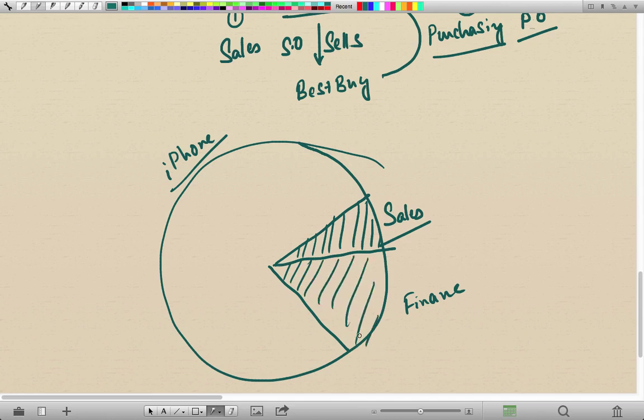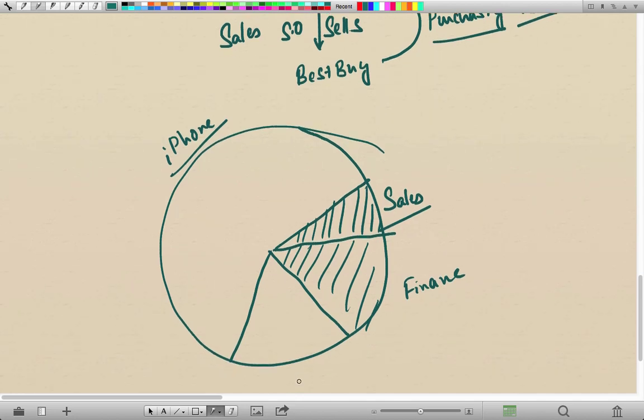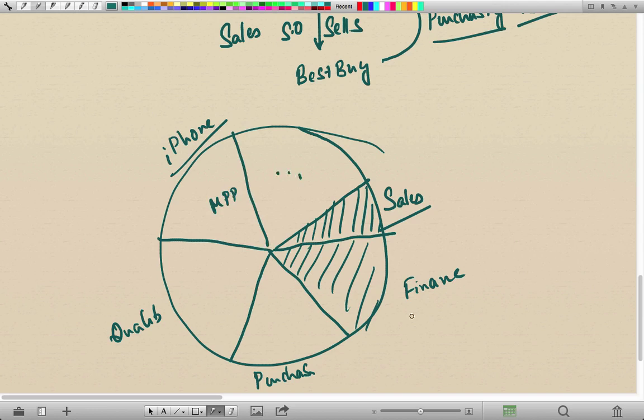And you can go on and on and on for all the different departments. Say purchasing, quality, MRP, and so on. There are almost around 16 to 20 different views. And we're going to see the most important views